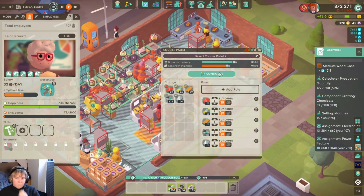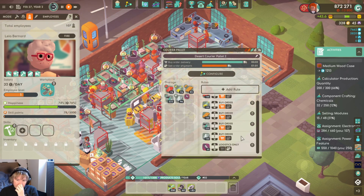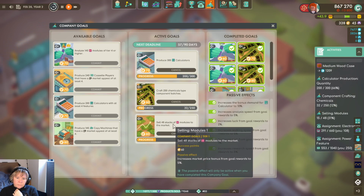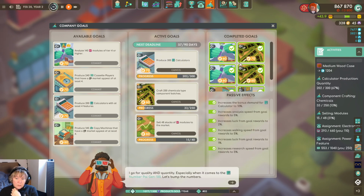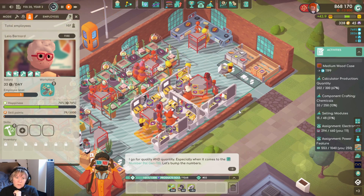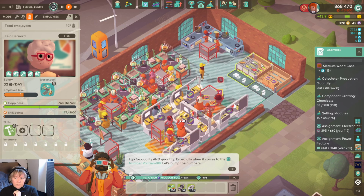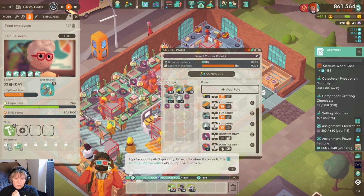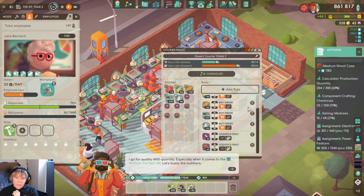Let's see. Which modules should we sell? How many was it? 48 stacks. That's a lot of stacks. So what I'm going to do is add some stacks here and not sell them yet. But once they are added,